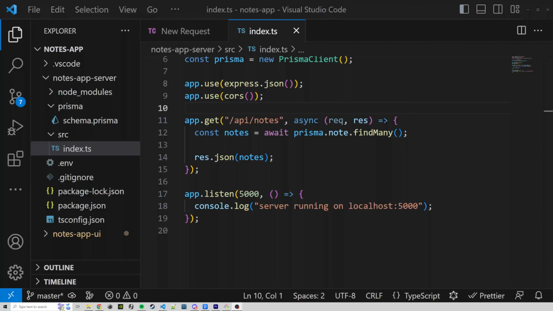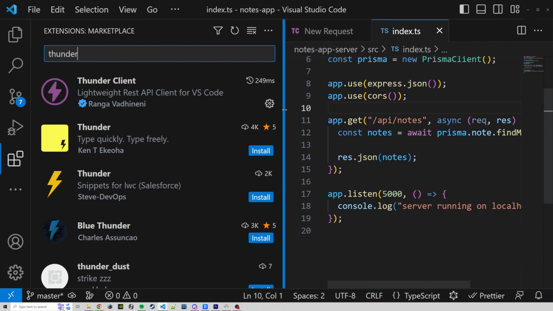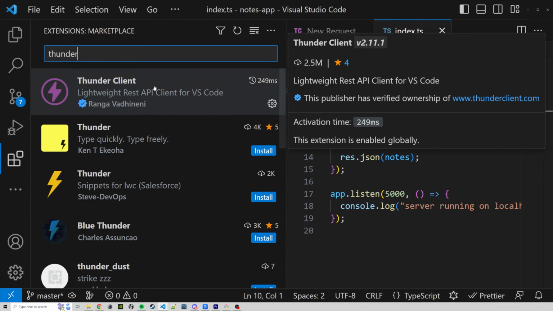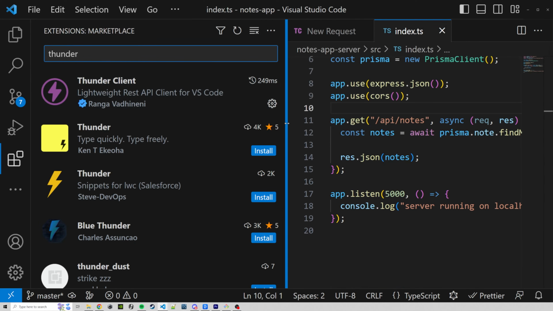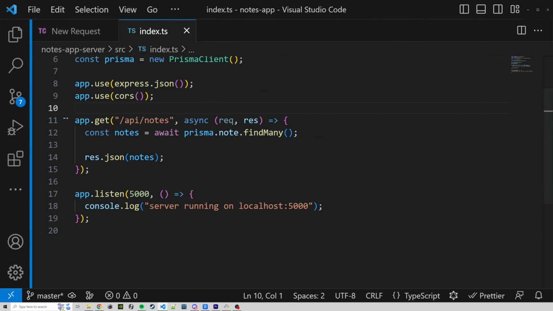For example, whenever we're doing post requests, we'll often send a body and headers and things like that. So what we'll do now before we create the rest of our endpoints is we'll install a client which helps us make API requests a lot easier. There's a few things out there like Postman that you can use, but we're going to install Thunder Client on VS Code, which makes it easy to make requests from within our IDE. So if you go to extensions and type Thunder Client, you'll see it appears under the list of extensions. It's got a purple logo, and if you install that,